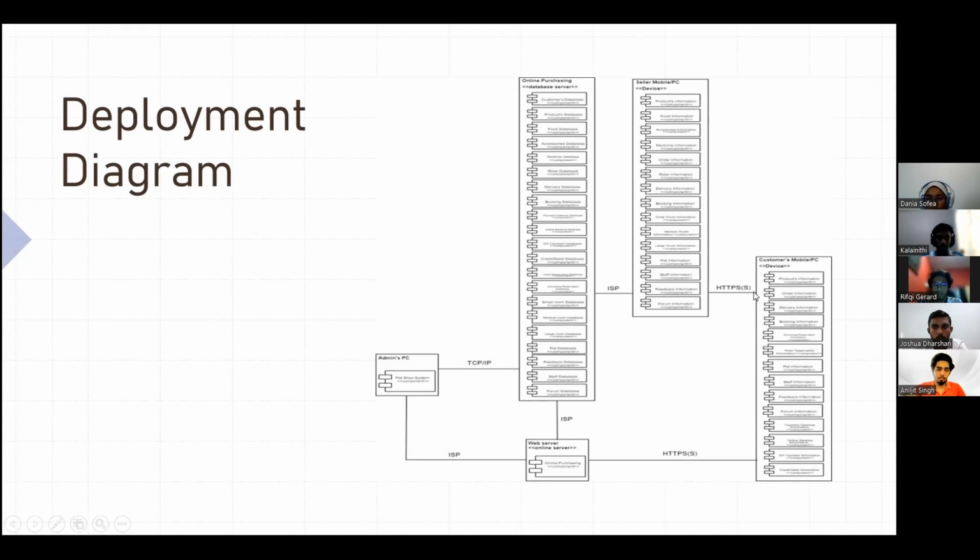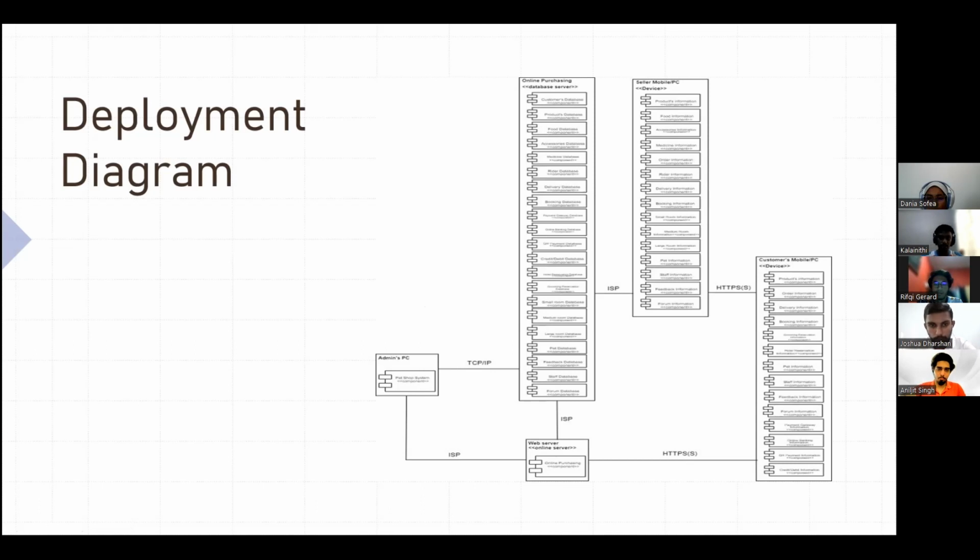The first is TCP/IP, which is a set of protocols for transmitting and receiving data over the internet. It is the fundamental protocol suite used for communication between devices on the internet. The next is the ISP. An ISP is a company or organization that provides individuals and businesses with internet access. They are responsible for routing data between different networks, and they also provide the necessary infrastructure for